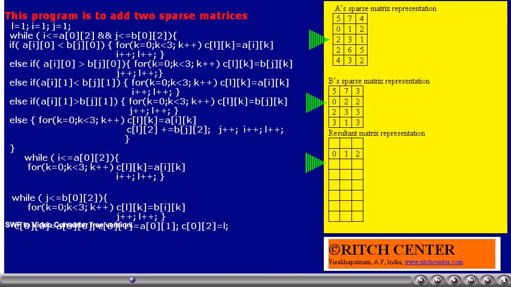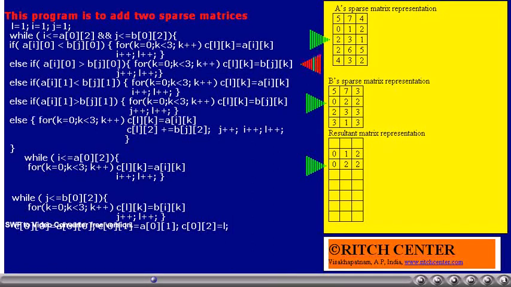Now the I value will be incremented by 1, so I becomes 2, and L also will be incremented by 1, so it becomes 2. A[I][0] is 2, B[J][0] is 0. Is 2 less than 0? No. Is 2 greater than 0? Yes. That is, there exists an element in matrix B within row 0.